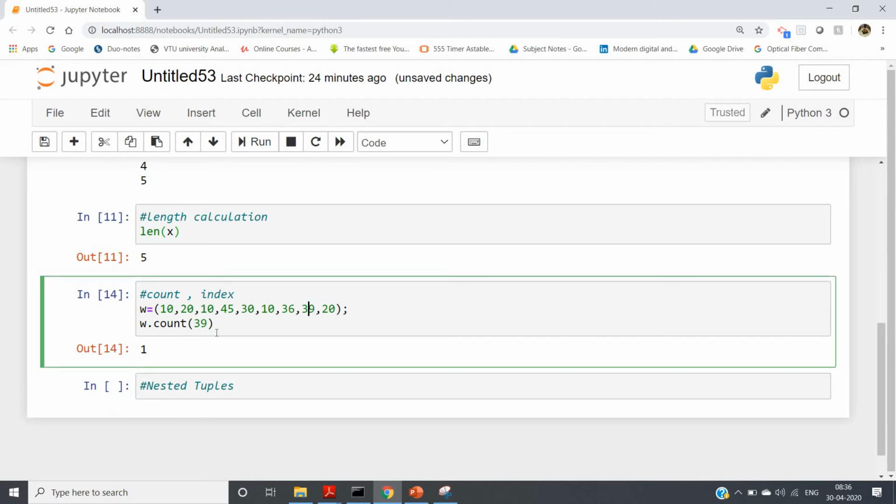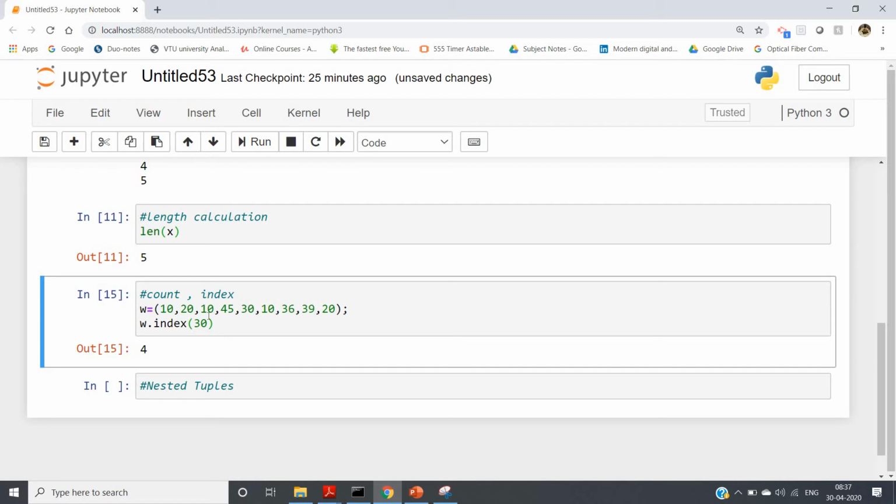Same like list method. Last one which I want to show you, that is index. Okay, index, what it returns, where the particular element appearing for the first time corresponding to that position, the index it returns. Suppose 30 I am writing, 30 is appearing here. What is the index? 0 1 2 3 4. So obviously it will follow positive indexing, and if you run, you will be getting 4.